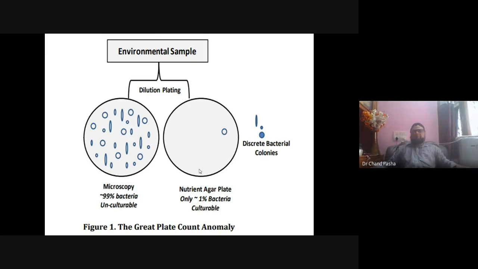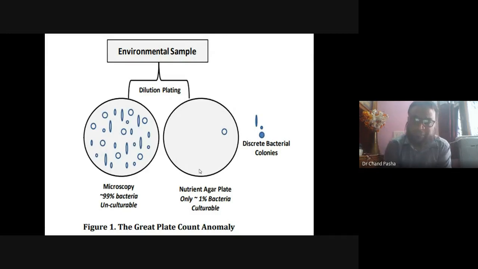And some bacteria actually require certain critical inductions for their growth. Unless and until this induction, this signal, comes to them, they will not be growing. People are working on this: what is this signal and how can this bacteria be made to grow? People are trying to make these bacteria grow. How this signal is coming and going is a different thing. So, how to explore this unculturable?